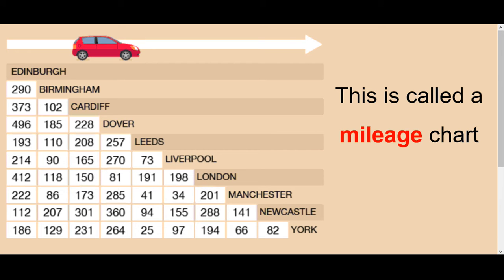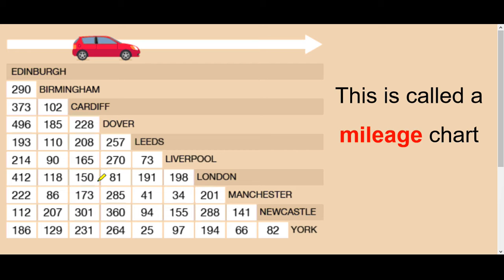Okay, the last thing I'm going to look at here is what's called a mileage chart. It pops up in the next question, albeit a much simpler version, but some of you may have never seen this before, so it's good to go over. Now this tells you the distance between a various number of places. It gives lots of information at once, and sometimes when you look at it you think, oh, how do I